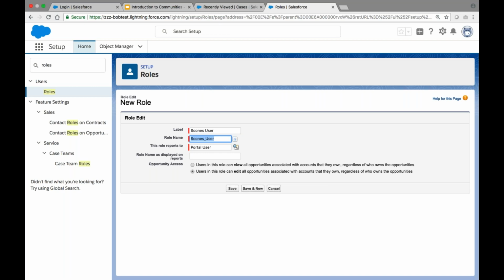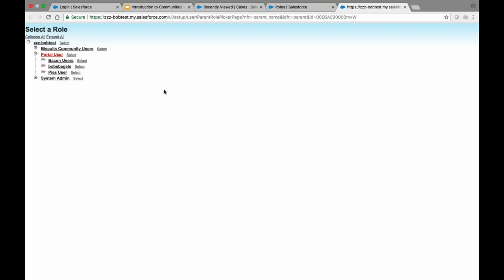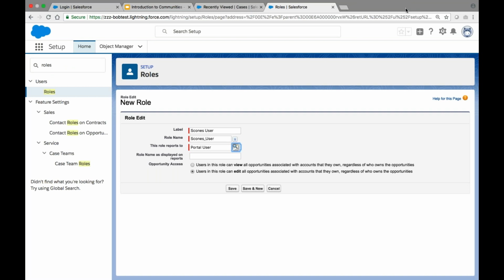Since it's a hierarchy, you select who you want the role to report to. Like I said, for our purposes, we're going to select the portal user here, but you can select which role you want it to report to. If this is the first role in your site, you won't see the selector here because it would be the top level role. But for our purposes, we've already done some roles, so it's there already. Then click Save.